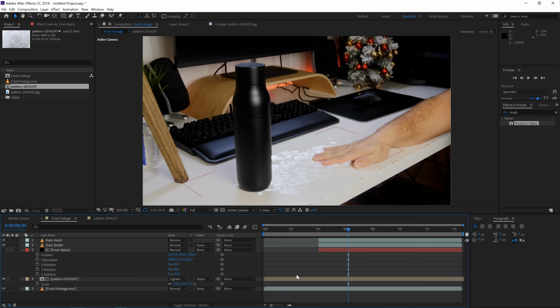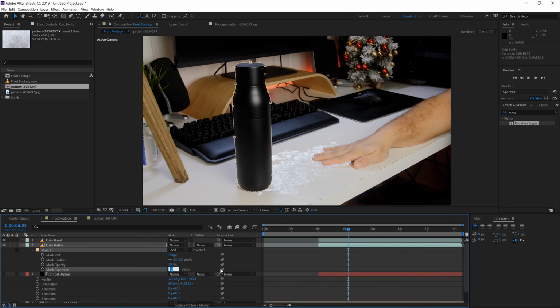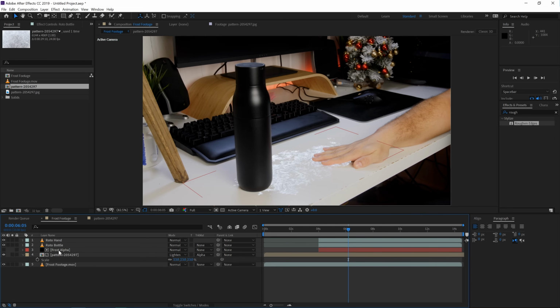Okay, there we have it. And now once you have that, we can also see here in the bottle, I will actually open my mask expansion here. It's a little bit too much. We can see that it's kind of leaking in here. Okay, there we go. So now for the bottle, we're going to do the same principle that we just did